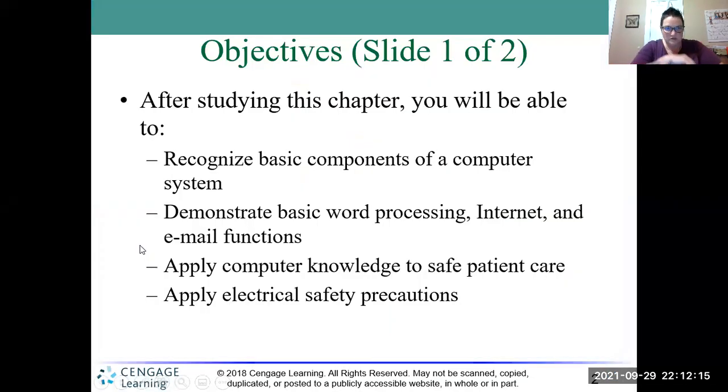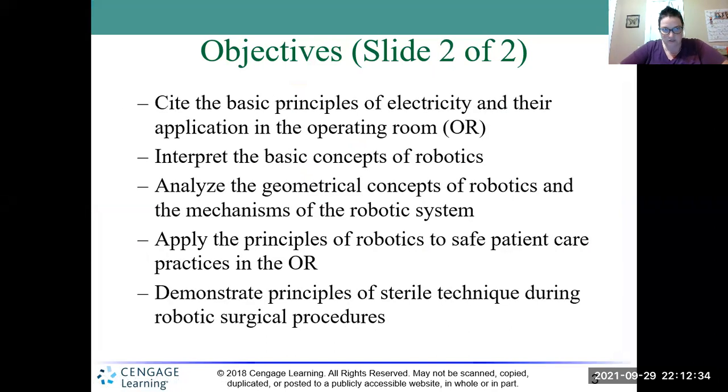So, of course, after studying this chapter, you're going to be able to recognize basic components of the computer system, demonstrate basic word processing, internet and email functions, apply computer knowledge to safe patient care, apply electrical safety precautions, cite the basic principles of electricity and their application